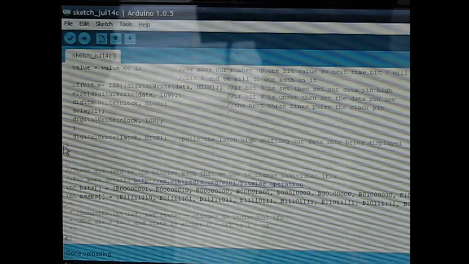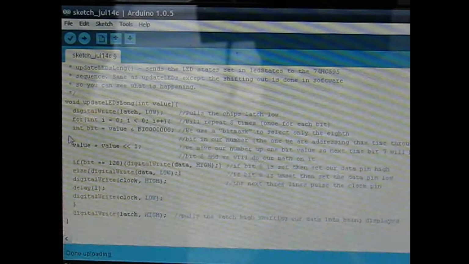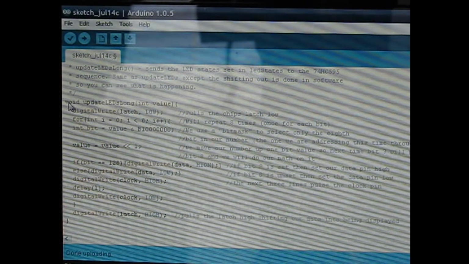And for further understanding of how bitwise operation works, it's a little bit hard to explain without actually drawing things out, so I would recommend going to the bitwise operation Wikipedia page, as well as checking out some videos on how shift registers work on YouTube. It's a little easier to understand,